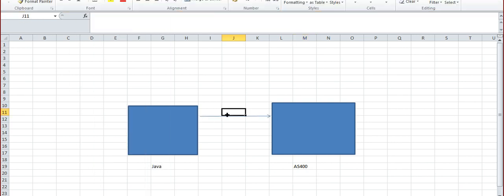In the request, it will send, suppose, an SSN number to AS400. So here on AS400, it will have a receiving queue. I mean, here a DataQ, a data queue, for requests.